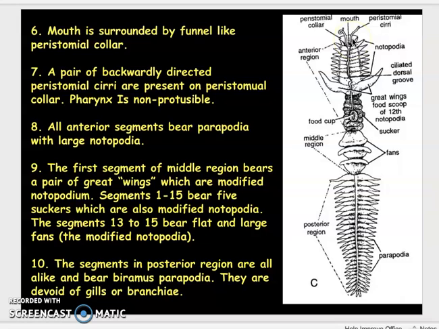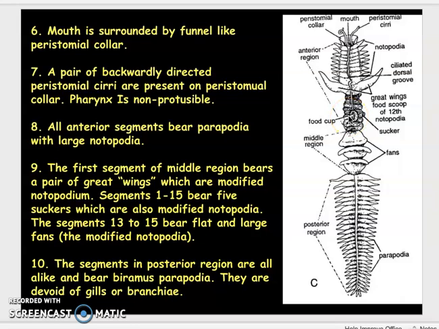Then the anterior region bears 9 pairs of parapodia. These are the 9 pairs of parapodia. The middle region consists of 5 segments, and the first is produced into a wing-like process directed forward. And the second segment carries